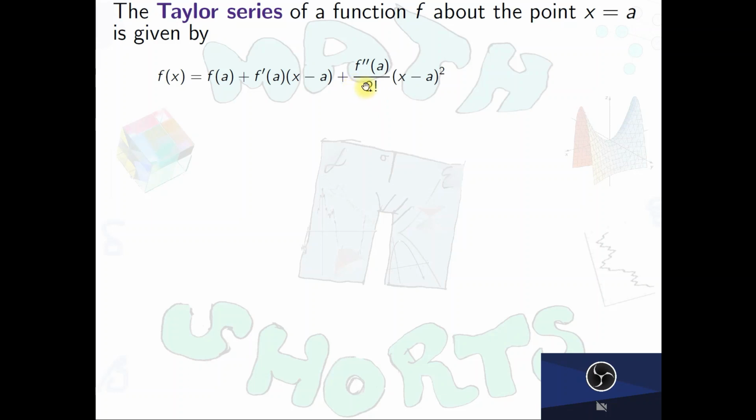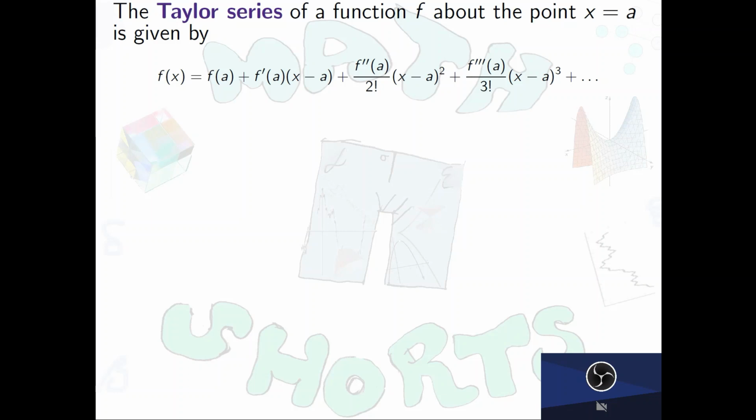Now if I add in another term that's the second derivative times x minus a squared over 2 factorial, then what happens is the second derivative is going to match at x equals a. And if I keep putting in terms, the third derivative times x minus a cubed over 3 factorial, the fourth derivative times x minus a to the fourth over 4 factorial, and so on,